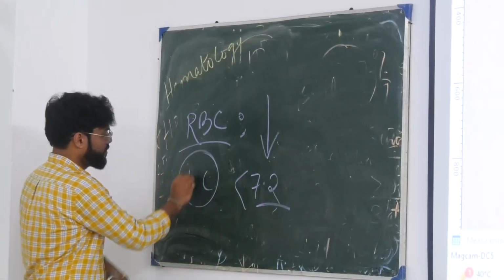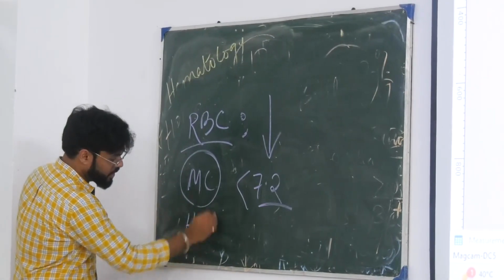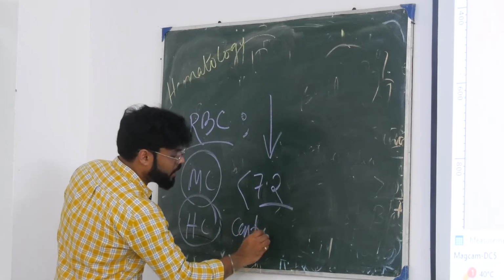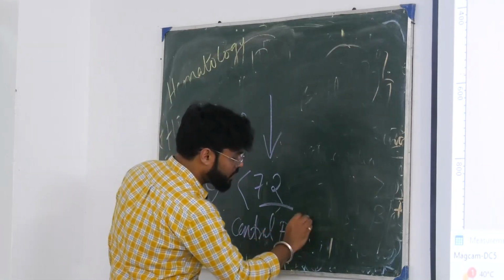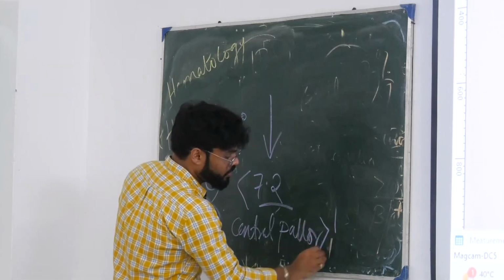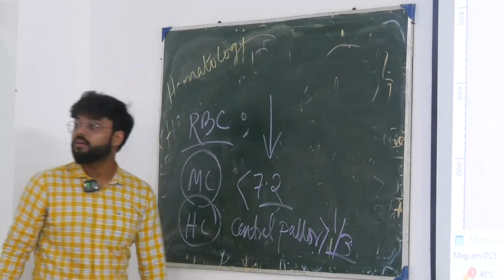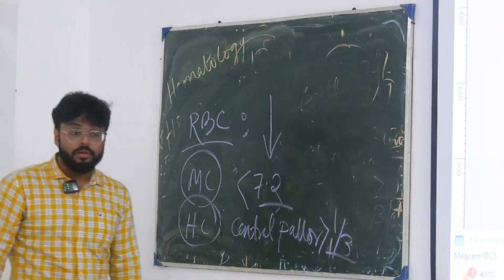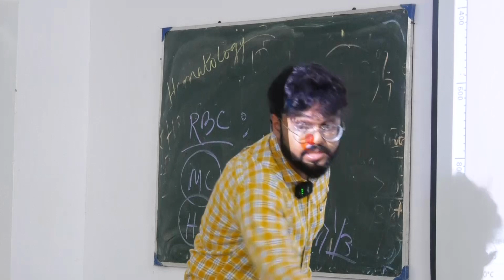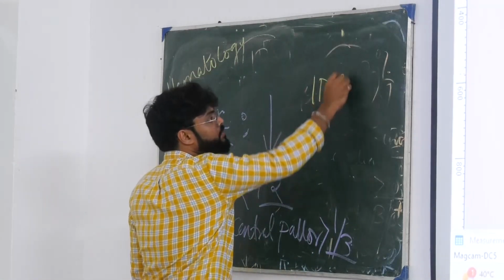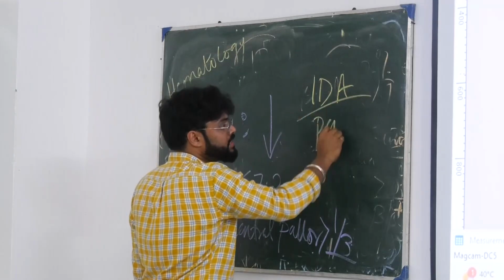And hypochromic means central pallor is more than one third of the cell. এছাড়া কিছু abnormal poikilocytosis দেখতে পাবো। যেমন ধরো আয়রন ডেফিসিয়েন্সি অ্যানিমিয়ার ক্ষেত্রে আমি কি বলেছিলাম, পেন্সিল সেল দেখতে পাবো।